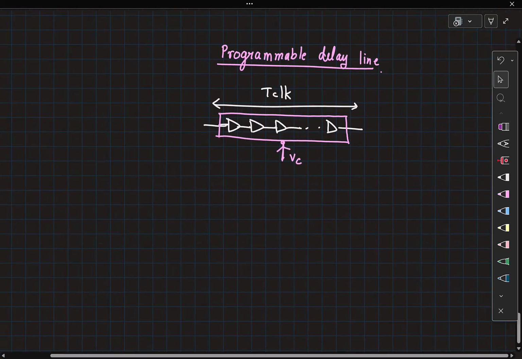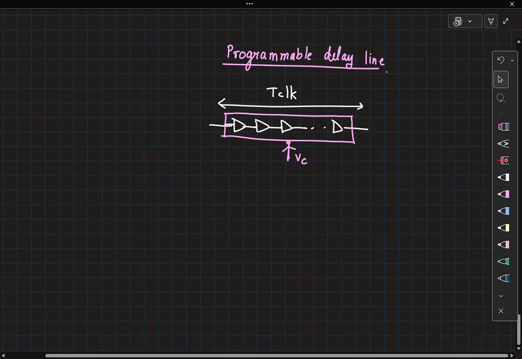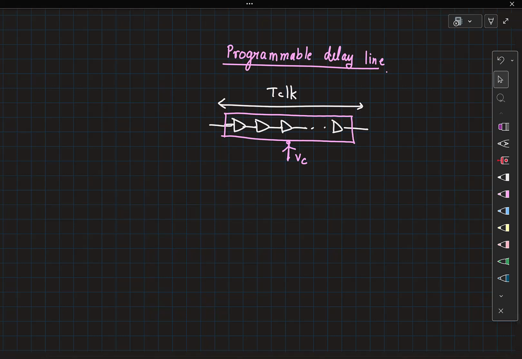Now, if you are using a control voltage to vary the delay, then it becomes a voltage controlled delay line. So you have this voltage controlled delay line.